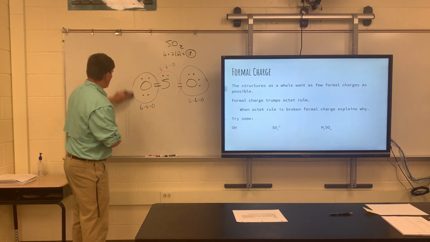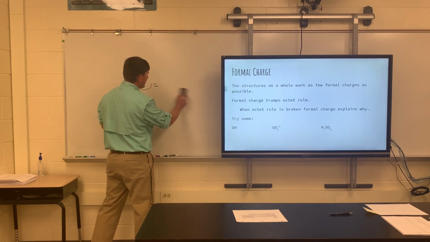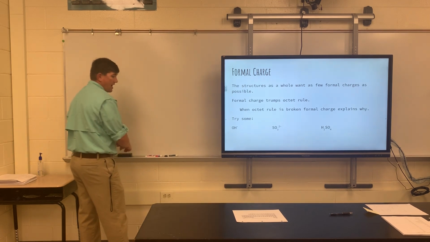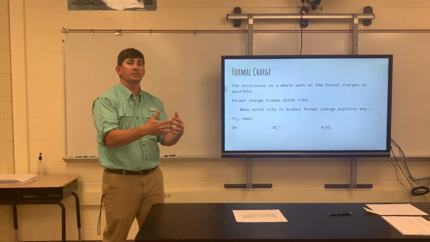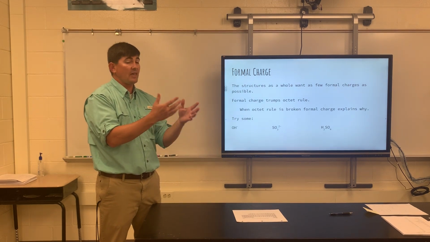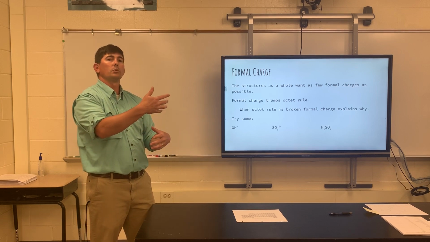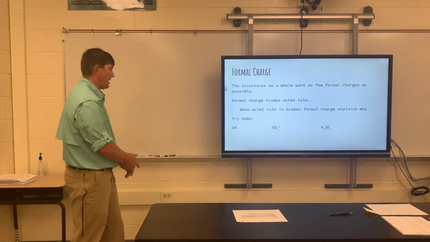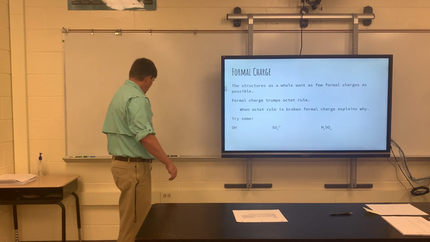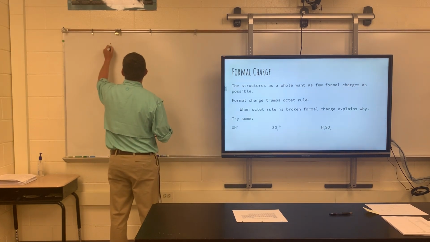Once again, don't get too caught up in the formal charge. Try to use it anytime you see a problem where you have an atom that doesn't have the number of bonds that it wants. Look at it and see if that's just the way it has to be. Sometimes that's the case. Or if formal charge can adjust it to make it better. All right? So let's see. Let's pick one more problem here. We'll do this